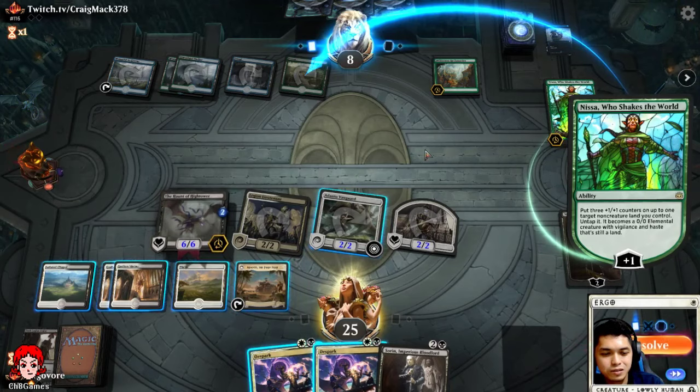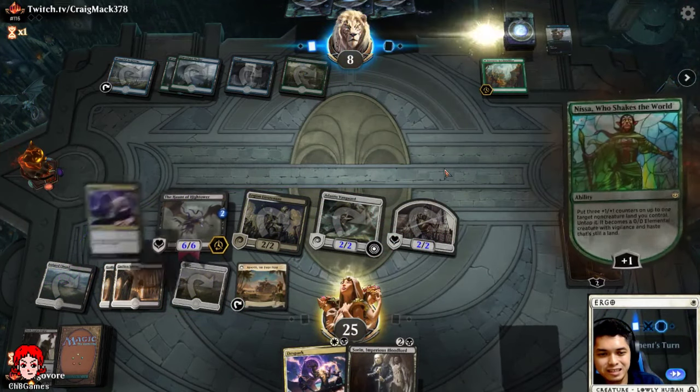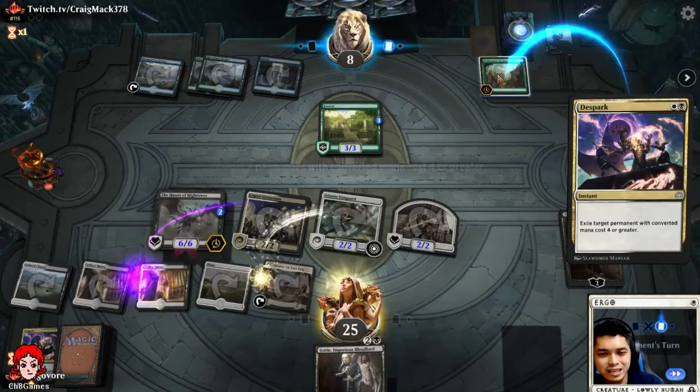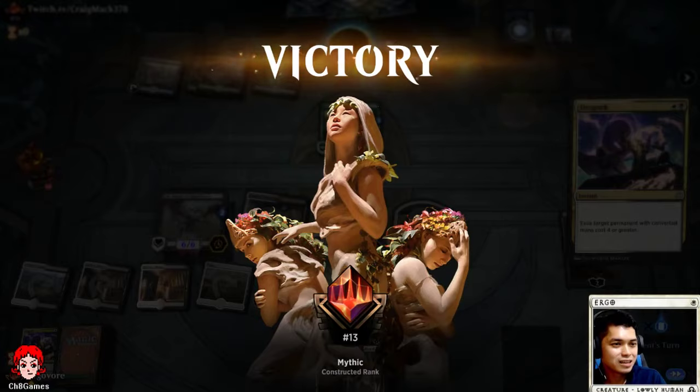Okay, so we can exile Nisa first, so he can't get the double land. And then we'll just spark the Reclamation right after. And combat. And yeah, I think we got this. He's tapped out. We only have 1 land. And there we go. Another win. So what will be our rank? We are...